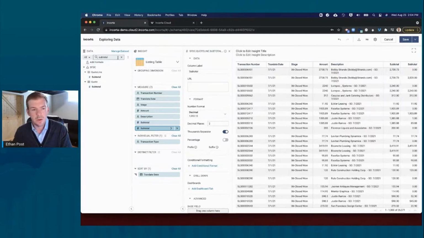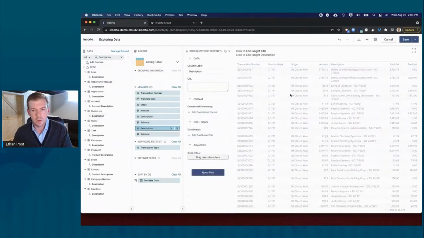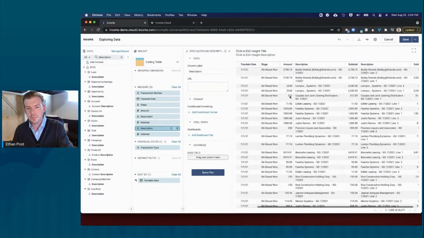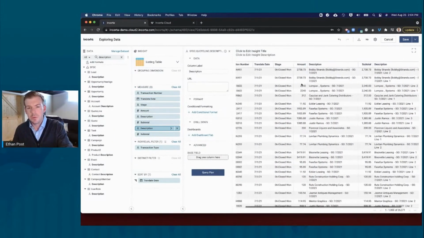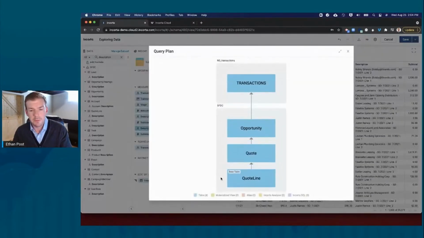And then maybe I'll also add something like a description of the quote line, just to show that we're looking all the way from my originating transaction inside NetSuite, looking back to the Salesforce data, right? So as you see, we're looking at opportunity data, we're looking at quote data, quote line data. And if I look at that query plan, pretty interesting, right? Because now I've gone across systems and I'm looking at a complex business process that actually takes place across multiple